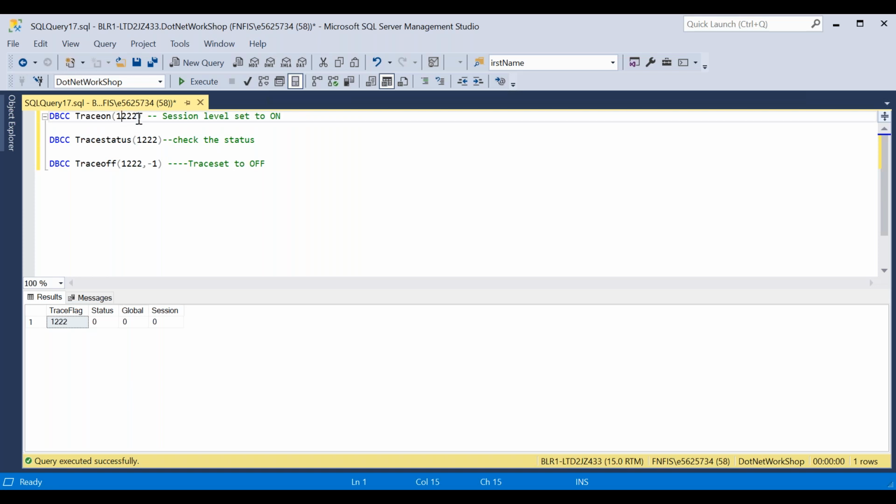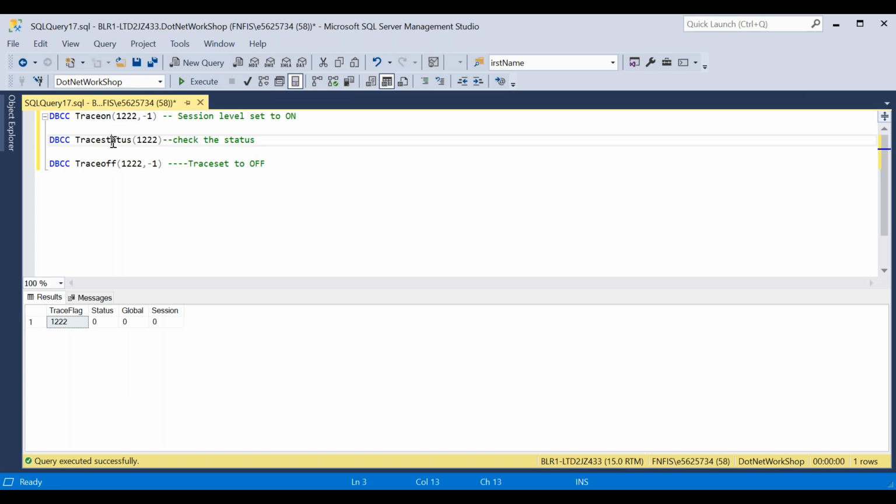And if we want to capture the deadlocks or errors at the global level, meaning you are trying to access the SQL Server by using the UI, and some other persons are also simultaneously hitting the database, not only a single person, multiple persons are accessing the database. That time I want to capture all the errors in the database, that is the global one. So if I want to capture at the global level, then I have to pass -1 here. This will be tracked at the global level.